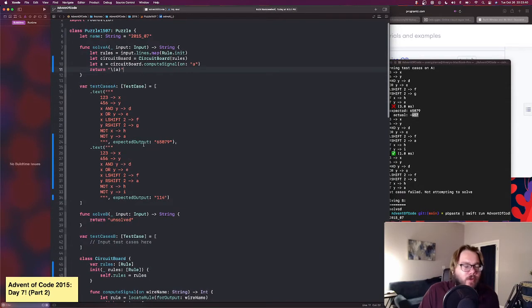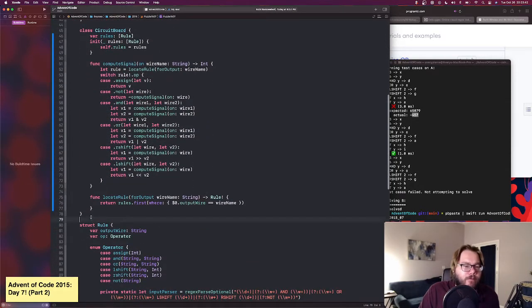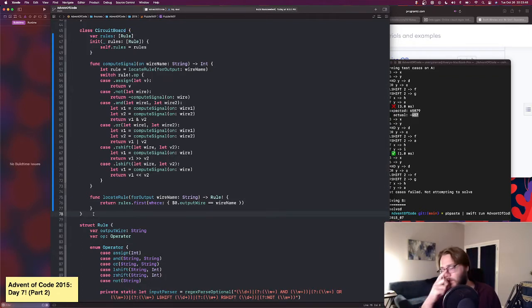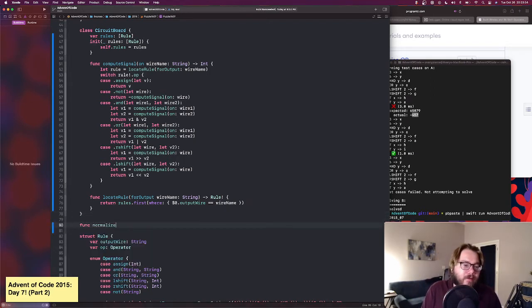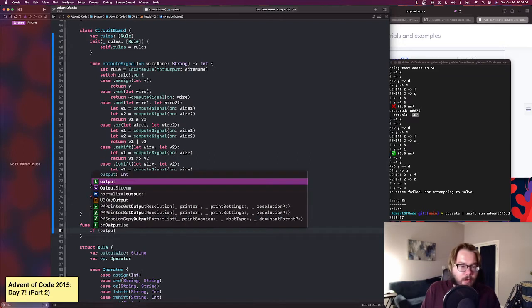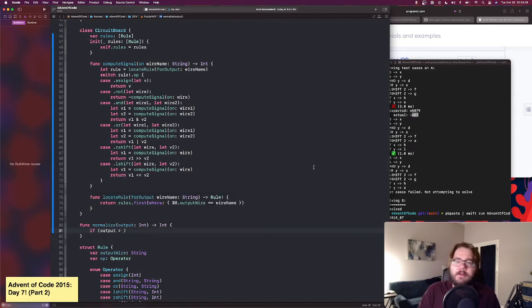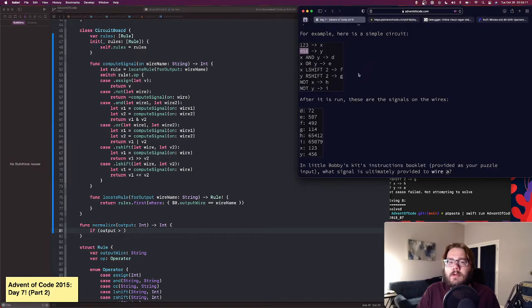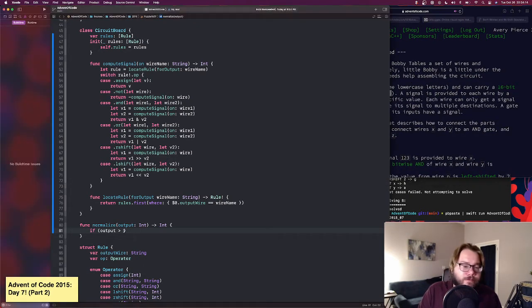I guess I need to have a function that normalizes the output. So it's going to loop until it's above 0 if it's within bounds. So if it's too high or too low, then we loop until it's within range. That's what we're going to have to do. Func normalize output. And that's going to be an integer. And then if output is greater than, what was the maximum amount? Here we go. If it's greater than,